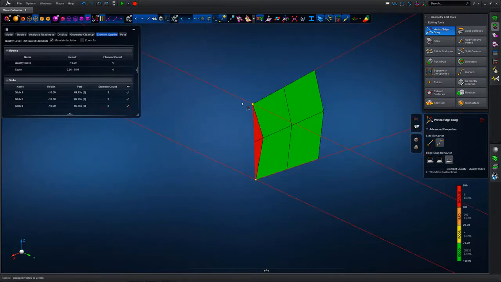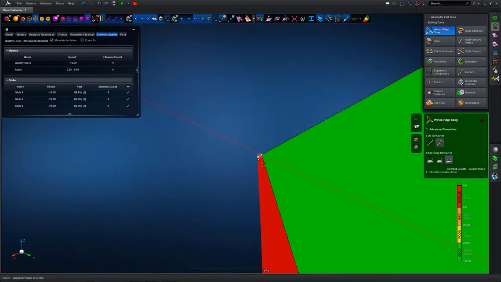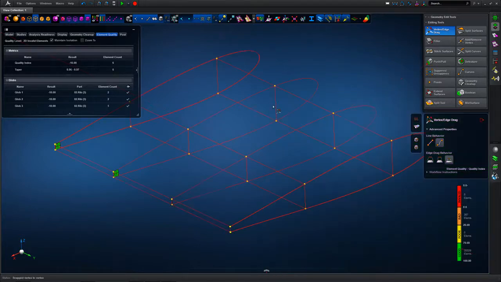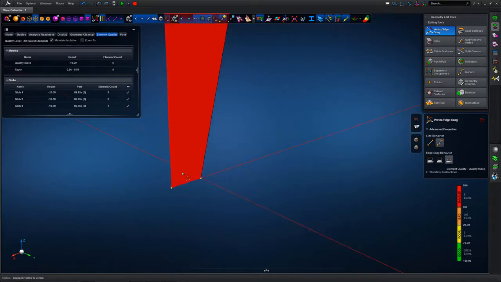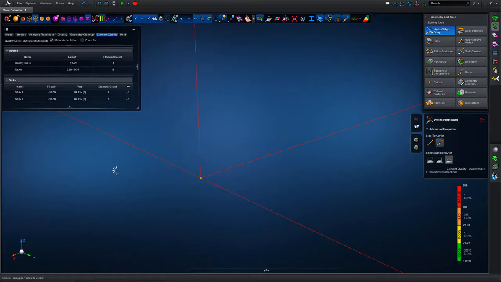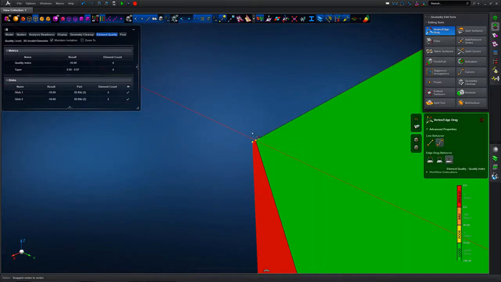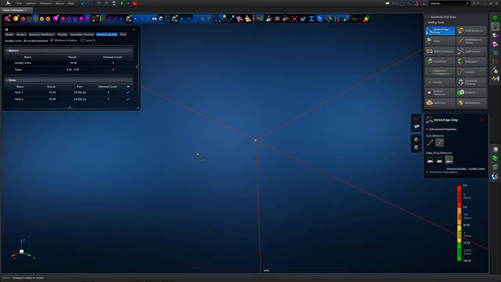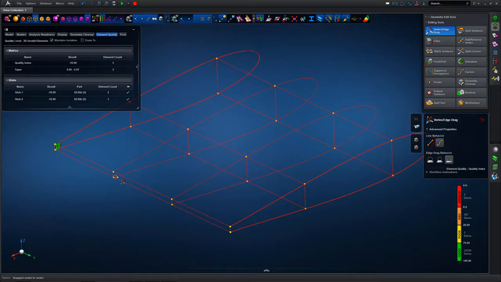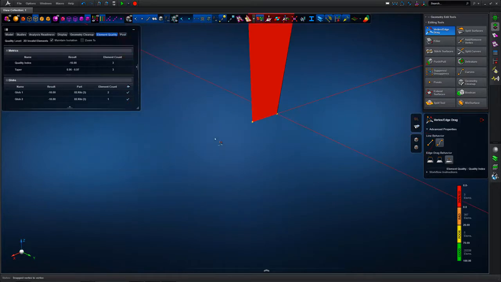We can do this by splitting geometry, but I just wanted to demonstrate again how the generative nature of Apex works in this manner. So we're moving the geometry, which in turn moves the mesh. All of the underlying properties and material definitions are maintained, so it's literally just this single one mouse click operation to fix each one of these discrete regions. And again, we can see in the browser tree how these invalid elements are